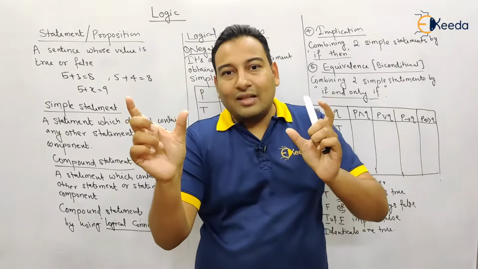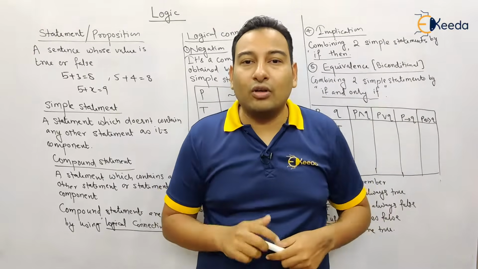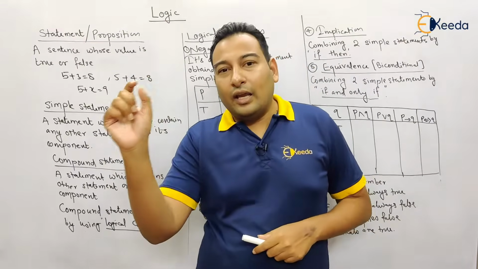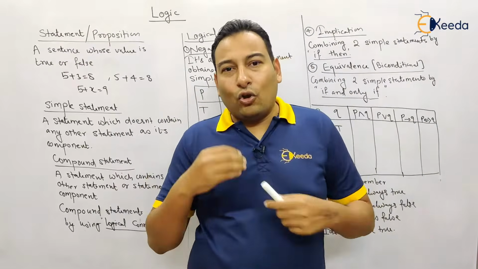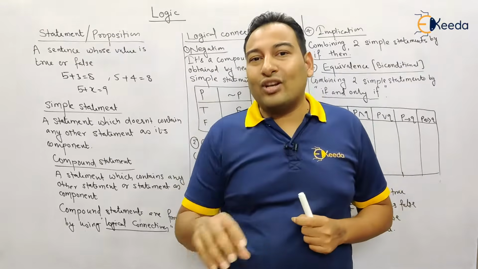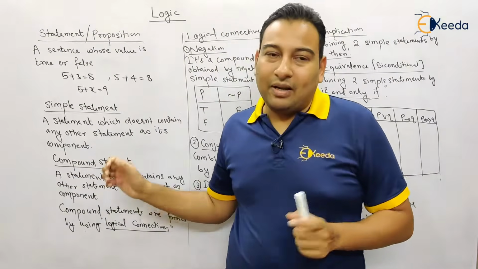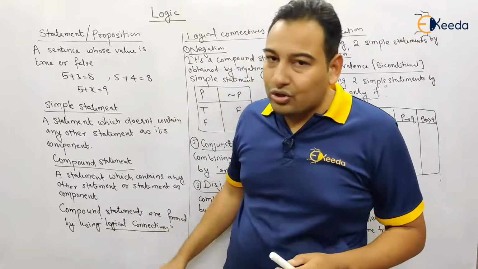I'm good in mathematics or I'm good in science. Or, so this is one more logical connective. If you are good in mathematics, then you're good in science. So there is one more logical connective. There are different logical connectives which are used for joining statements. Combining simple statements forms a compound statement. So let us discuss the logical connectives.